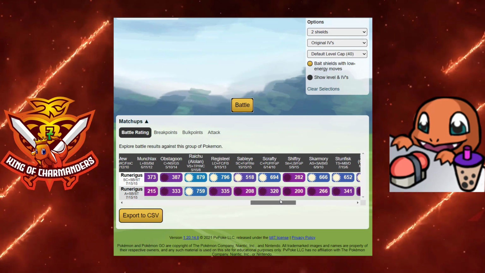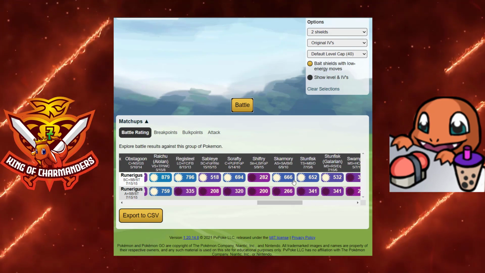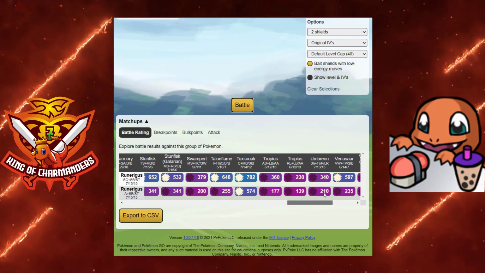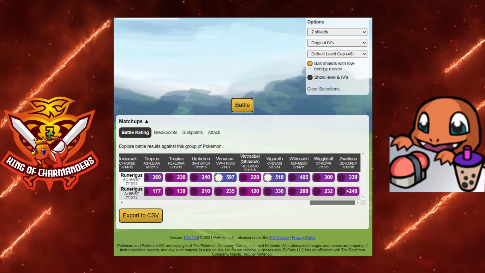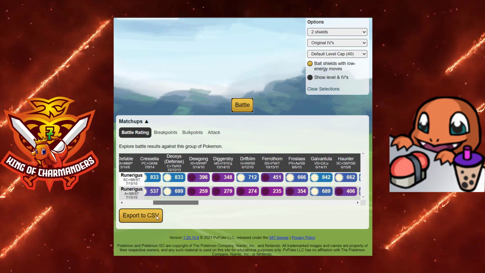I can kind of see why it doesn't have Shadow Claw. Dang. You beat Skarmory, you also beat Stunfisk, and you beat both versions of G-Fisk. You beat Talonflame as well. Venusaur and Vigoroth. It's pretty nuts just how powerful this thing is. Of course, Wigglytuff beats you because it's freaking Wigglytuff, and it does resist your Shadow Claws. However, if you look over here,